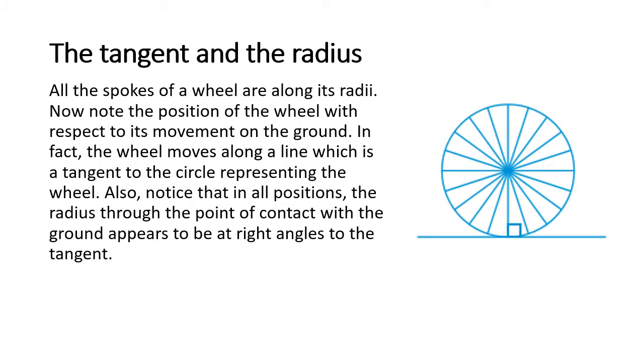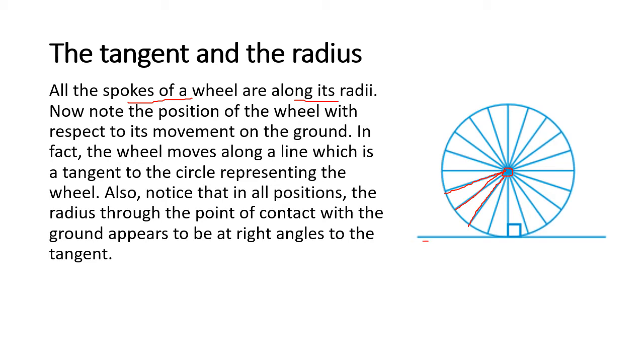Now here we can see something else, the tangent and the radius. Now this is the picture of a wheel. Have you seen a wheel in a bicycle? In the bicycle, at the center we have the axle, and these are the spokes of the wheel. They join the axle to the wheel. It gives the strong shape to the wheel. Now if you see, the spokes of the wheel are along the radii.